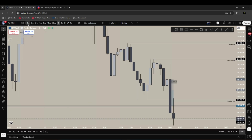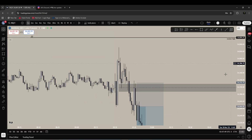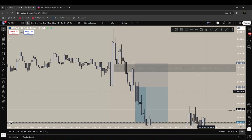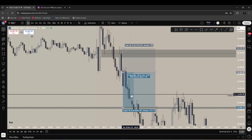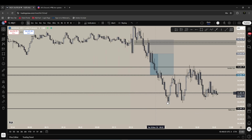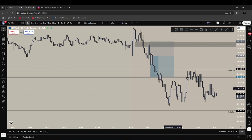So again, we get that manipulation off of market open down, then we manipulate back up, we start shifting downwards, and then I'm looking for a continuation lower, at least down to London low for my break-even point, and then I want to run it down to that 1 hour first presented. I obviously could have ran it lower. We had a 15-minute low and a daily low down here, but at this point I just wanted to get